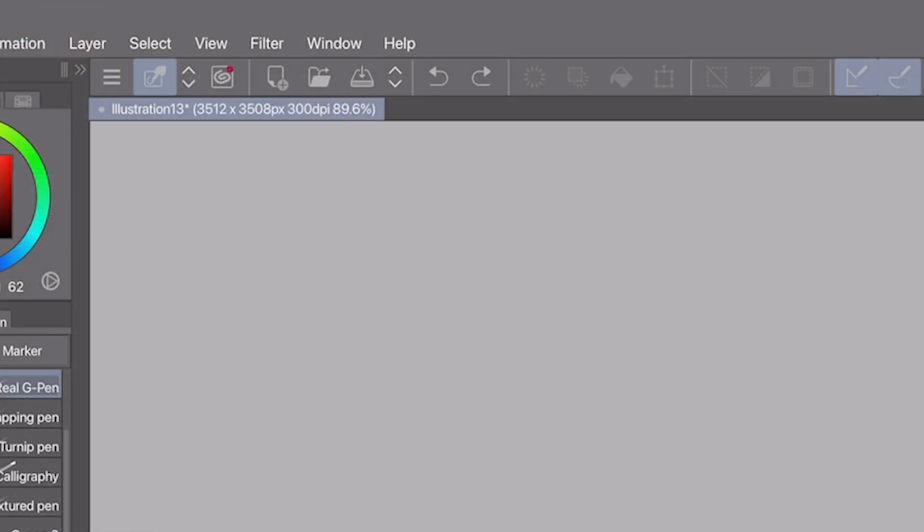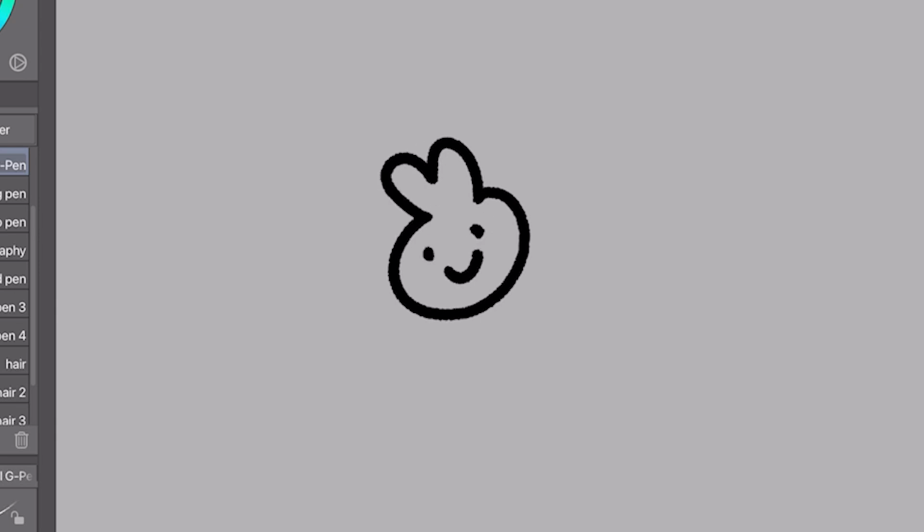Just to make sure that this will be a gray layer, go to Layer, New Layer, Raster Layer, and then select Gray. So anything that you want to change along with your main color, make sure it's black, and anything that you want to change with your sub color, make sure it's white. Make sure it's not gray or else the colors will be mixing unless that is the effect that you want.